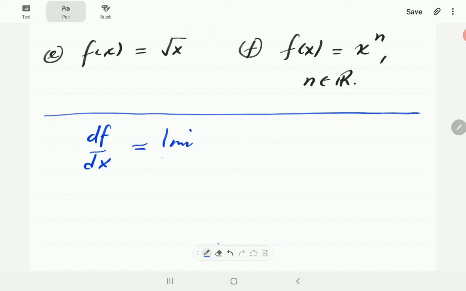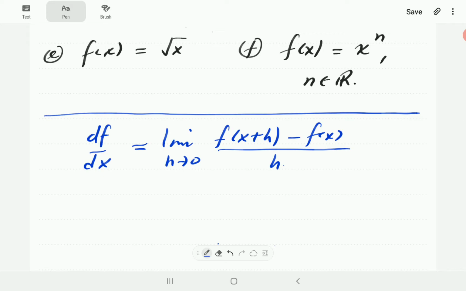So df dx is the limit of f of x plus h minus f of x divided by h. So that is the limit definition, or the formula we use to find the derivative from first